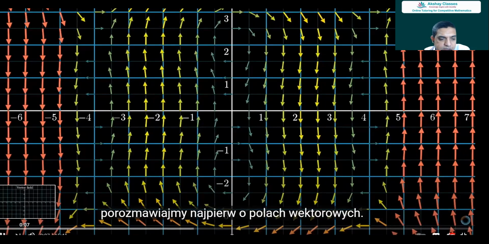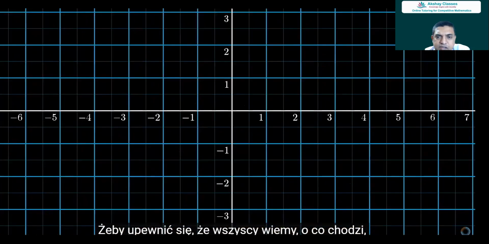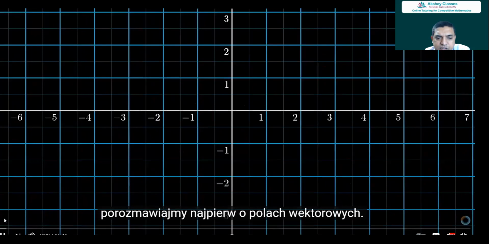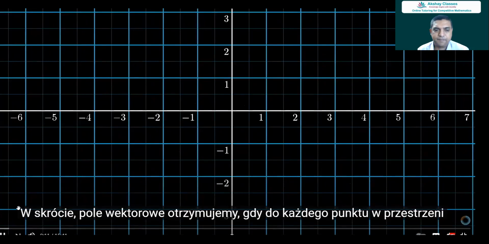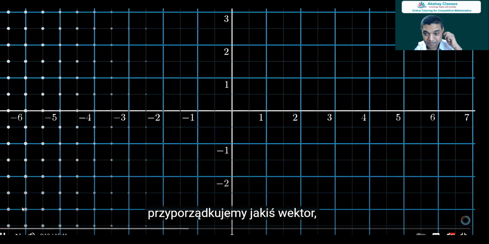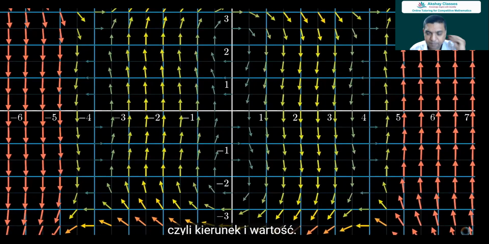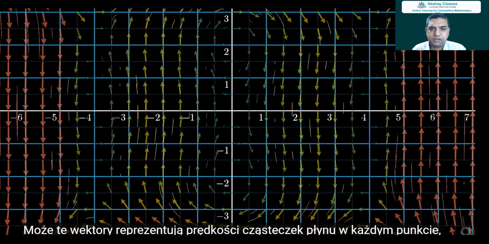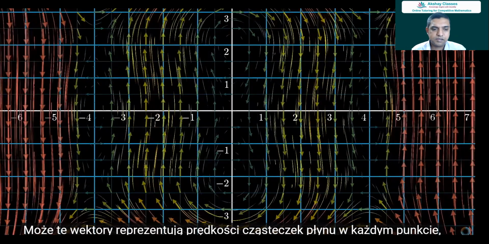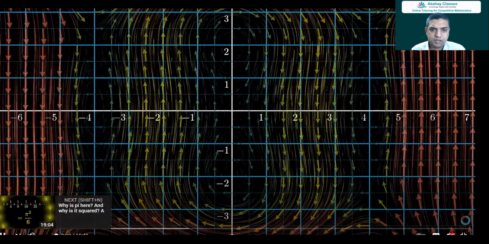Now in principle, on the same page, let's begin by talking about vector fields. Essentially, a vector field is what you get if you associate each point in space with a vector, some magnitude and direction. Maybe those vectors represent the velocities of particles of fluid at each point in space, or maybe they